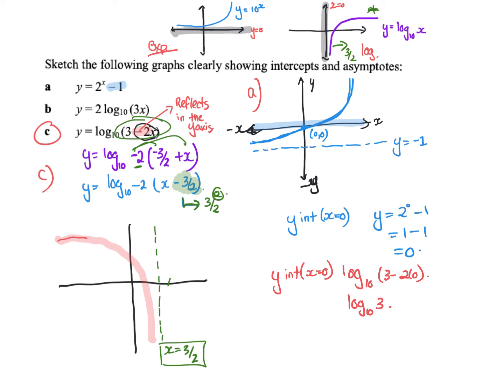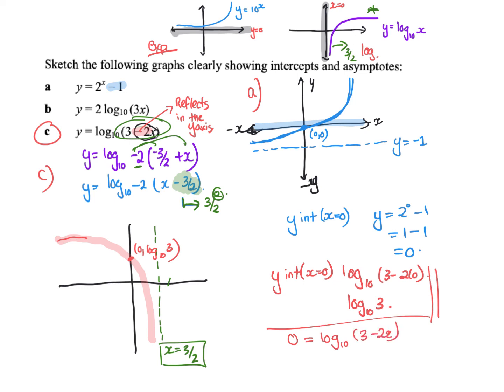So up here, when x is 0, you can just write 0, log 10 of 3. That's fine to do. Yeah, if we didn't have our calculator, just leave it as log 10 of 3. That's fine. And the x-intercept would be when y equals 0,